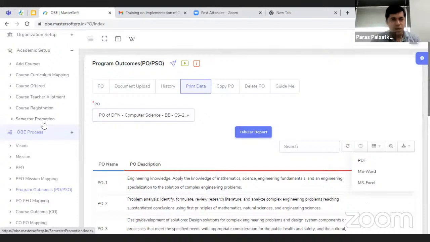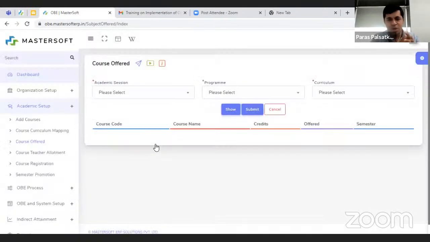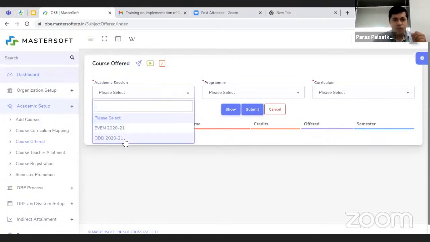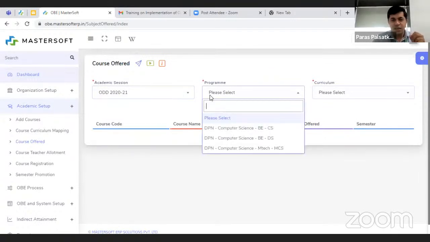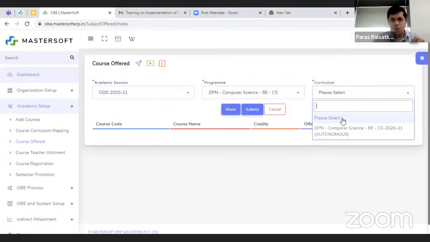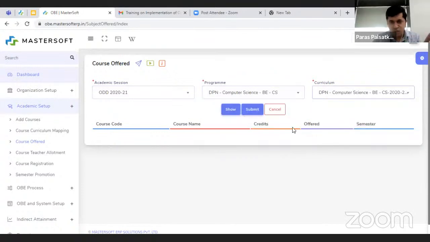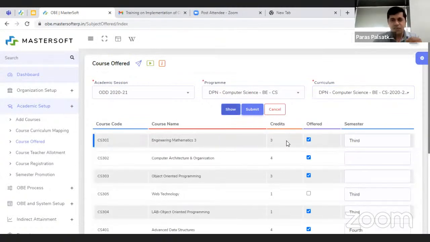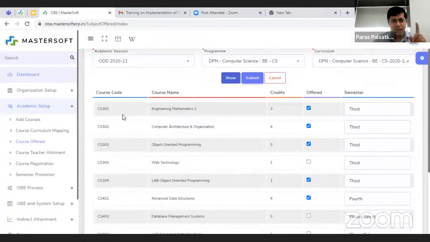Once you are done with adding the courses, you have to do the course curriculum mapping. Since we only have one curriculum, that is one simple click. But I'll also showcase how to offer the courses. Herein, while adding the courses, we need not add those courses with respect to semester. We just have to offer them with respect to some semesters. For example, if you are able to see it here, I have added all the courses, and once you want to offer those courses,